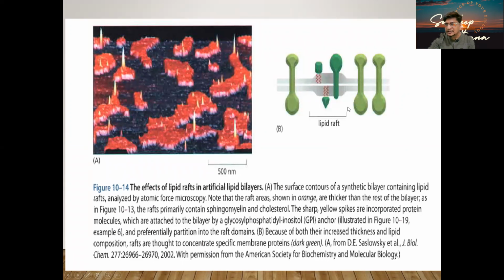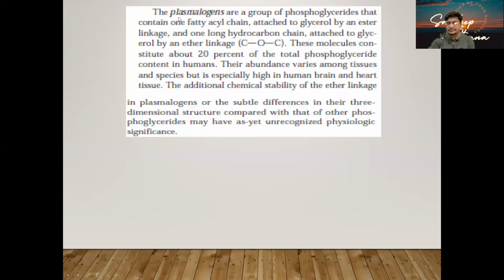It's not a permanent structure, it's a temporary structure which allows many proteins to come over, and it plays a very important role at different stages of life, especially during the immune reaction or during the developmental process. So they make a temporary or transient phase for signaling, where a lot of proteins are going to be involved. This is an area of research.